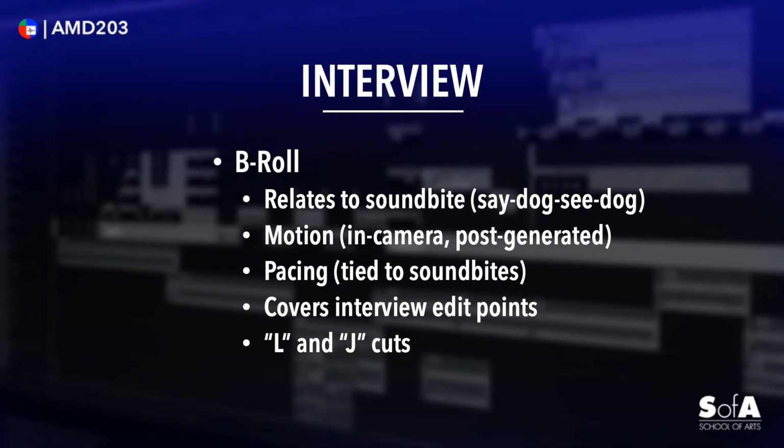Pacing is also very important. It's the rate at which you cut. And it really makes sense to cut in accordance with the sound bites. So an example would be maybe you have the subject talking about a dog, a cat, and a car. Well, as the subject's talking about the dog, that's what we're looking at. And then as they begin to talk about the cat, that's when you cut to a shot of the cat. And the same when they start to talk about the car. So that pacing of the B-roll needs to be tied to the sound bites the subject is delivering.